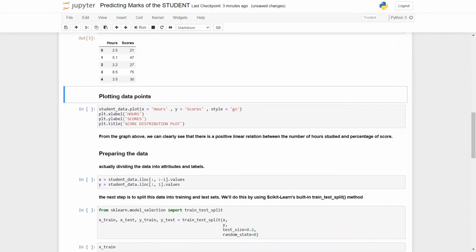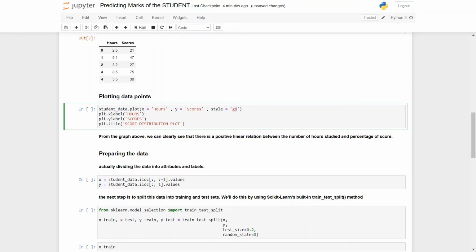The next task is plotting the data points. To plot the data points, we use .plot, and the parameters are the x-axis as hours, the y-axis as scores, and the style type we want is 'go'. This is not the word go; G stands for green and O means we want bullet points in the plot.